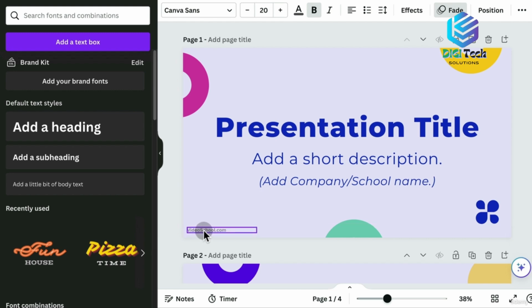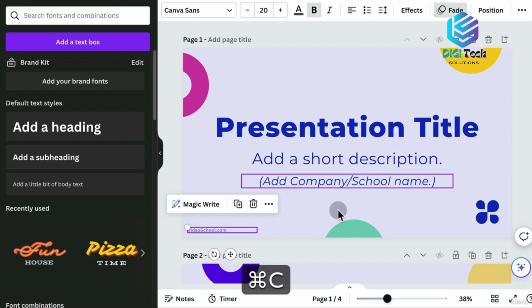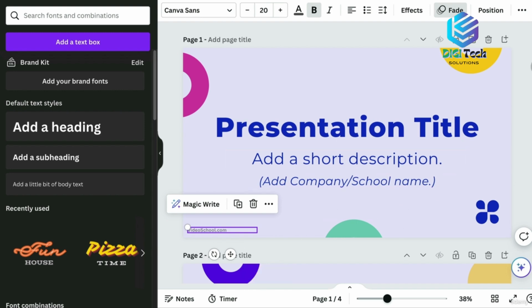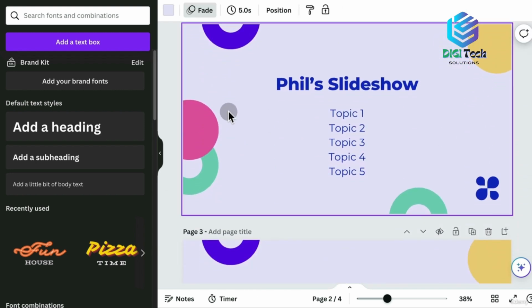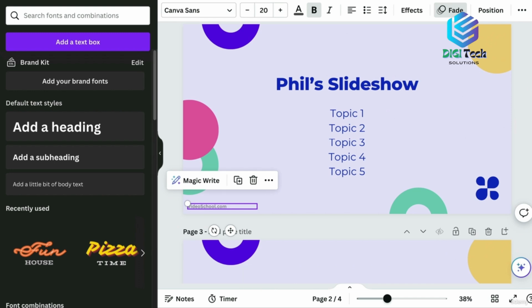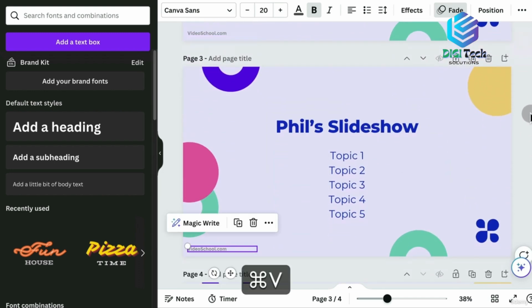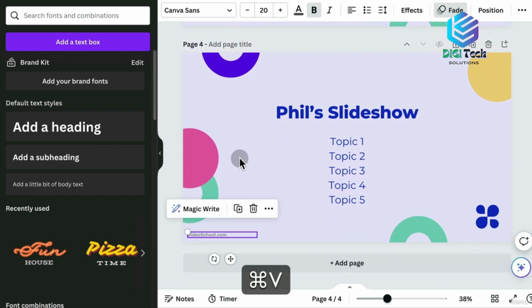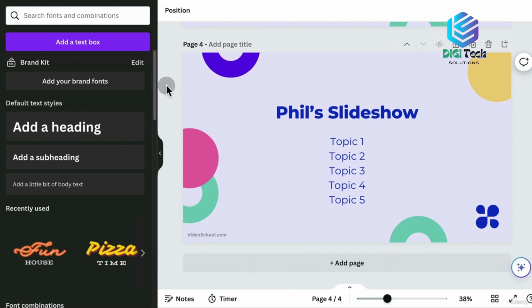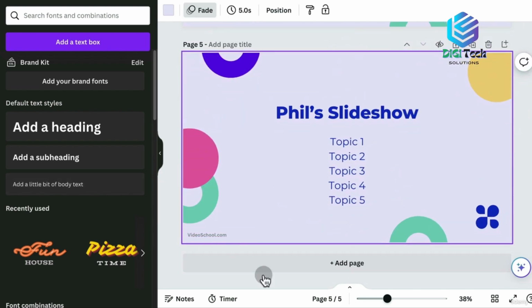And now if we put this on this bottom left corner of this page, what we can do is we can copy it, just Command C on a Mac, Control C, go to our next page and paste it, Command V. And that's an easy way to start adding things from one page to a next. And then if we just duplicate this page, obviously it will still be there in the bottom left corner for our next